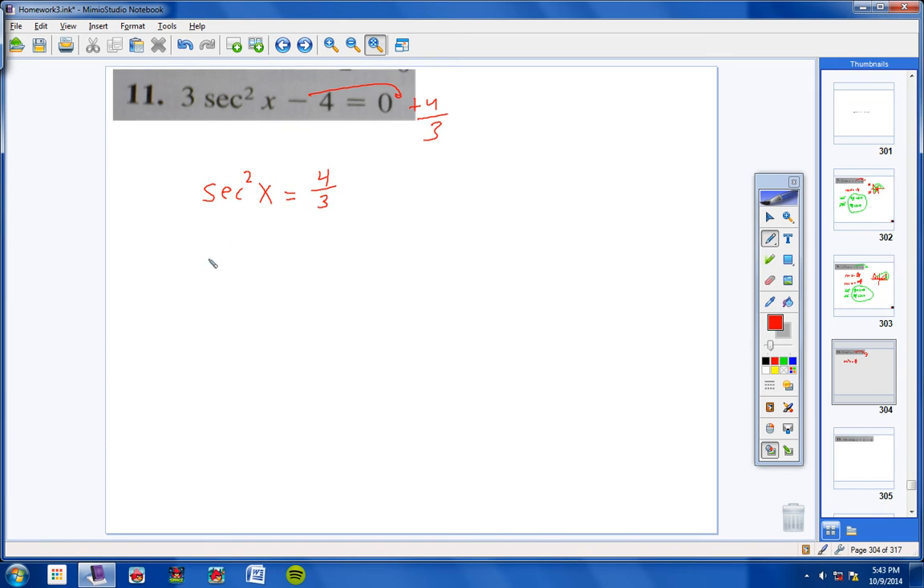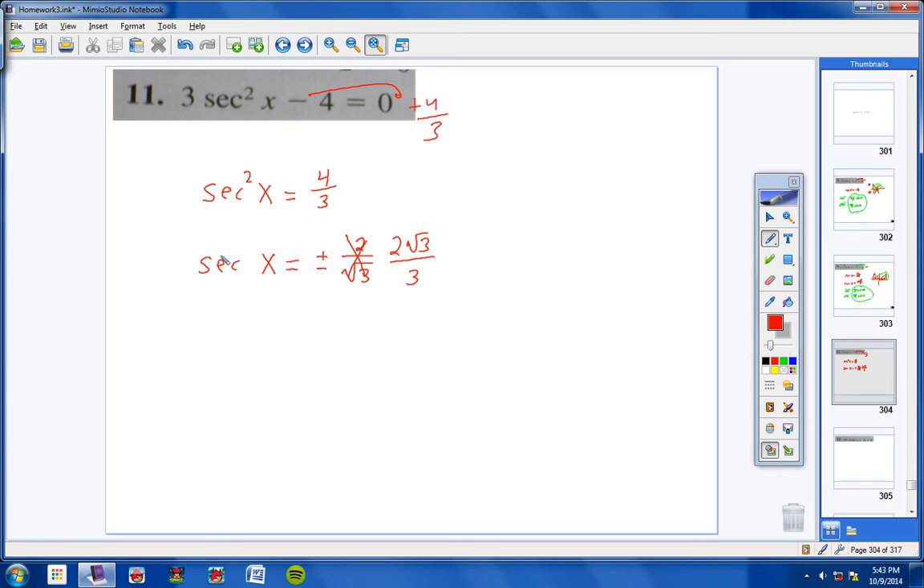The square root of secant squared would be secant, and the square root of 4/3 plus minus, well, the square root of 4 is 2, and the square root of 3 we don't know, so we'll leave it square root of 3. Now we're going to rationalize this, so we really get plus minus 2 square root of 3 over 3. So first notice that because we have plus minus, that means we're looking for an angle that